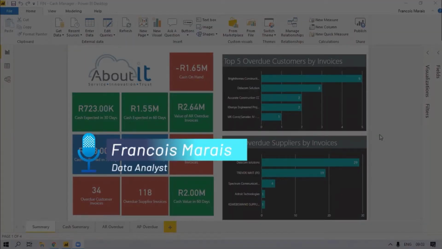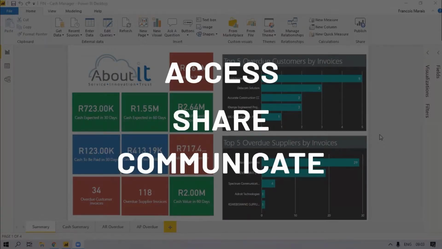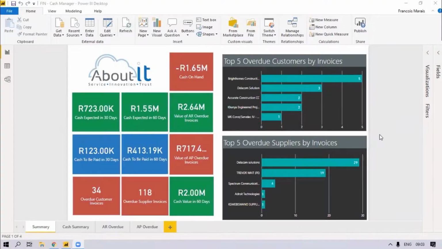For today's webinar, we will be focusing on data collaboration, and we will look at how to access, share and communicate with each other with the data that we see on the reports. For today's purposes, I've already created this report here. I call this the Financial Cash Manager. The purpose of this report is to give you an overview of what is happening with your cash flow